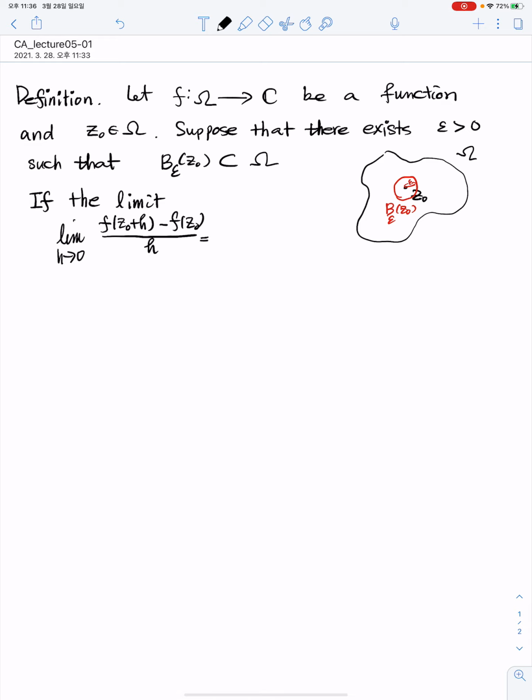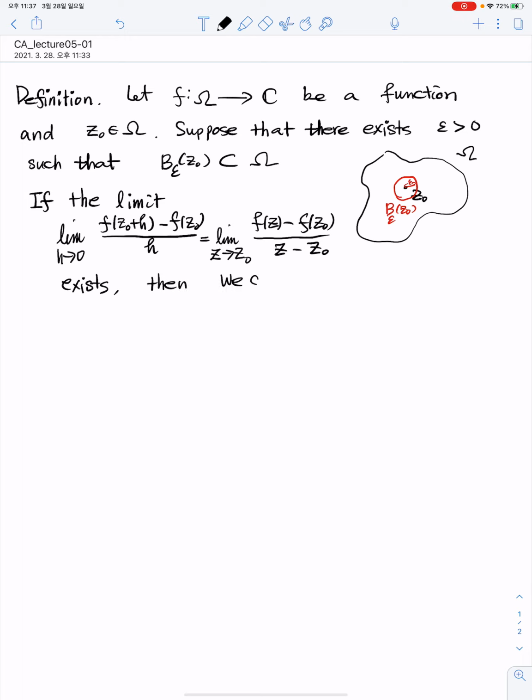So this is the same as limit z approaches z0 and this is f of z minus f of z0 over z minus z0. So the limit, this limit exists. Then